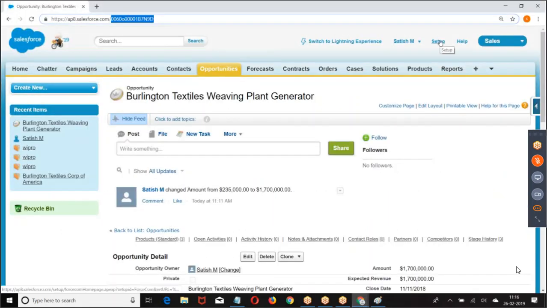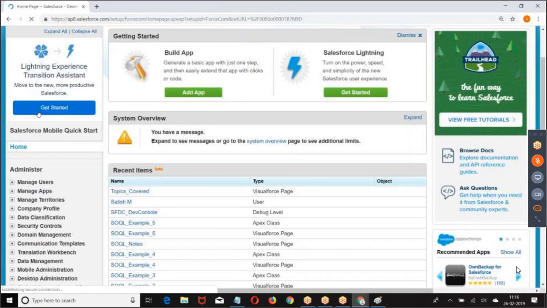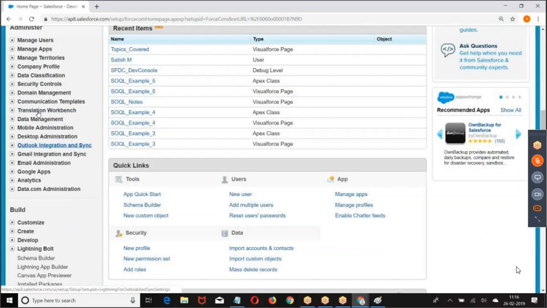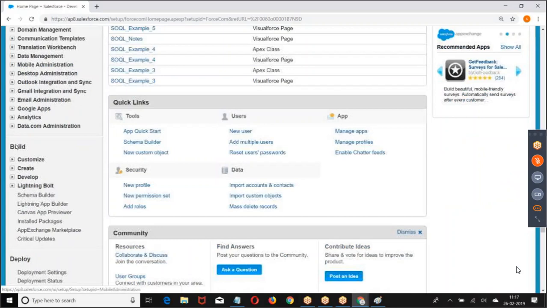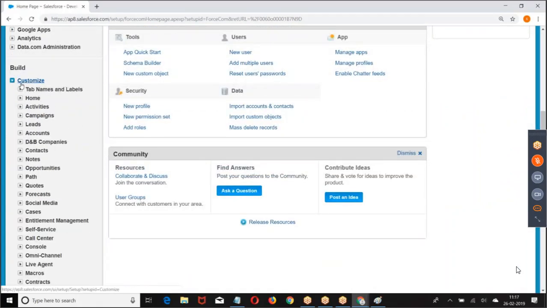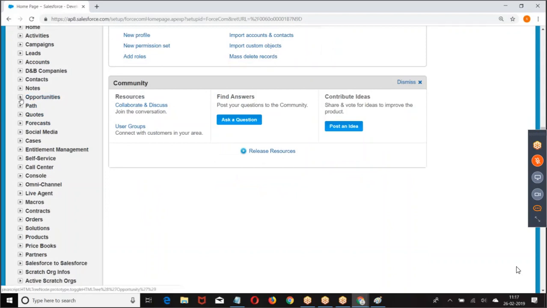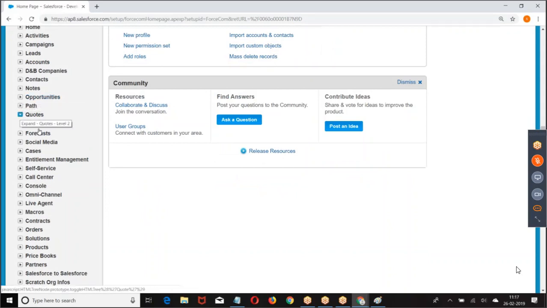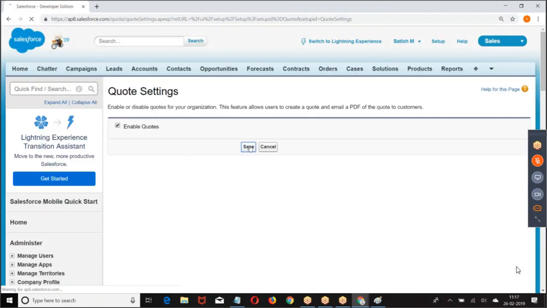Now, at the same time, let us go through the setup. Customize, then we have opportunity, quotation settings, enable quotation.